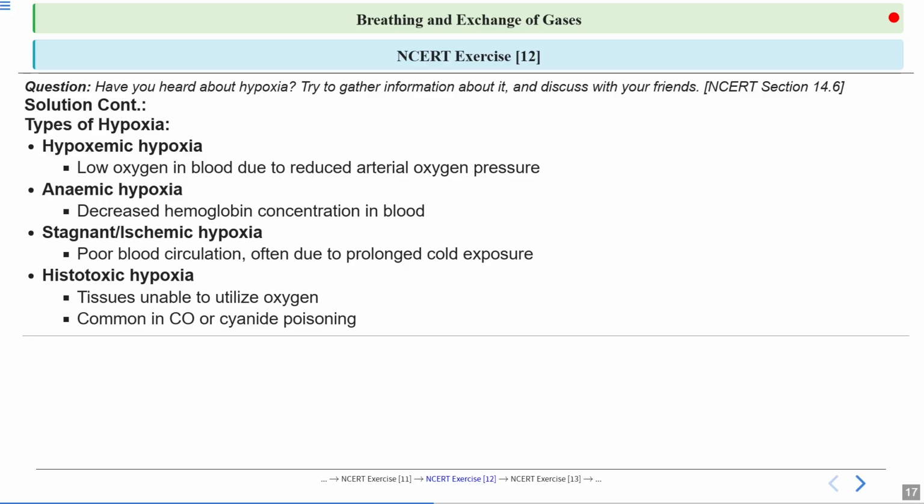And that is why, when a cigarette burns, the smoke has carbon monoxide, and when it reaches our lung region, what happens? The carbon monoxide gets combined with the hemoglobin, and hemoglobin is not available for the oxygen to get combined. So your respiration is affected there, right? That is why it is always written on the packs of cigarettes: smoking cigarette is injurious to health, but still people smoke, right? Okay,